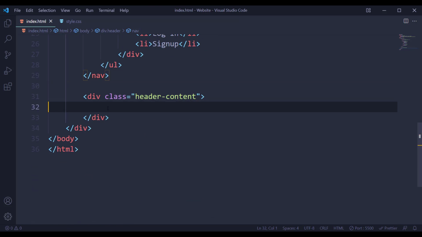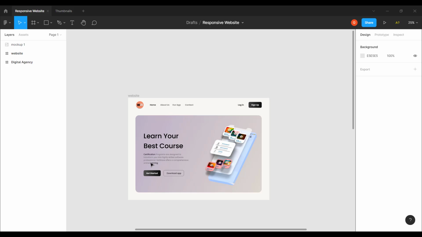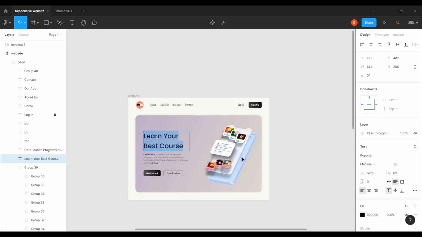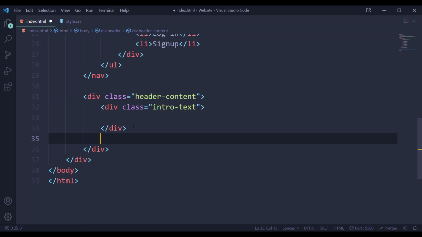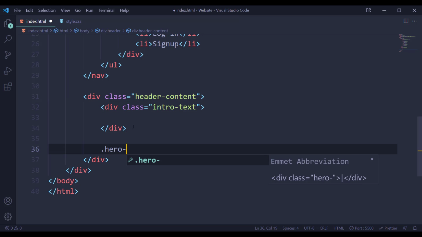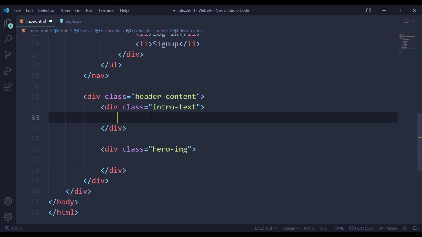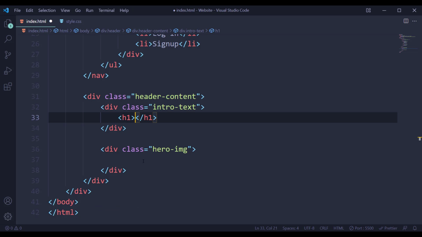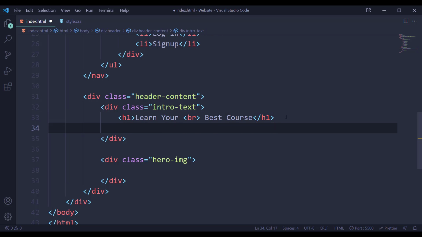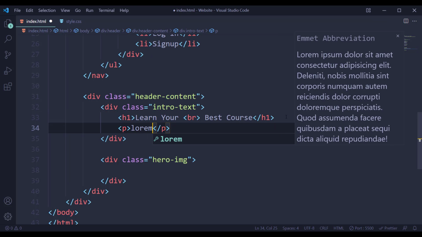And inside our header content we have this intro text and the hero image. So inside the header content I will make a div called intro-text and another div with a class name of hero-image, and inside our intro text we have an h1 with the text, learn your best course. And after this we have a p tag with some text, lorem20,